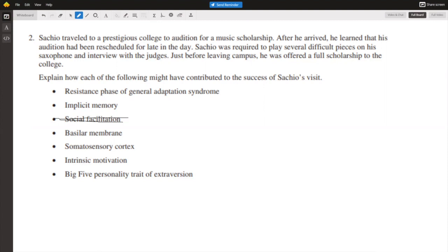Take a minute there. So what were the three stages again? Of the resistance phase, that would be the alarm stage and then the resistance stage. And what's the third one? And then the exhaustion stage. Perfect. So how did being in the resistance phase